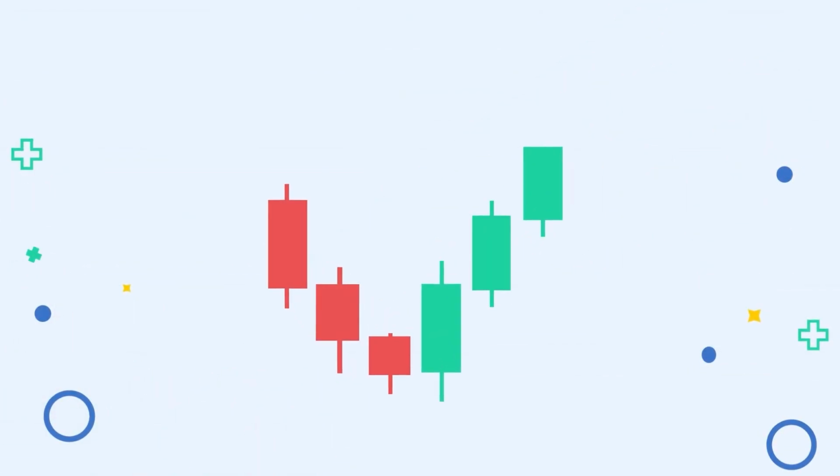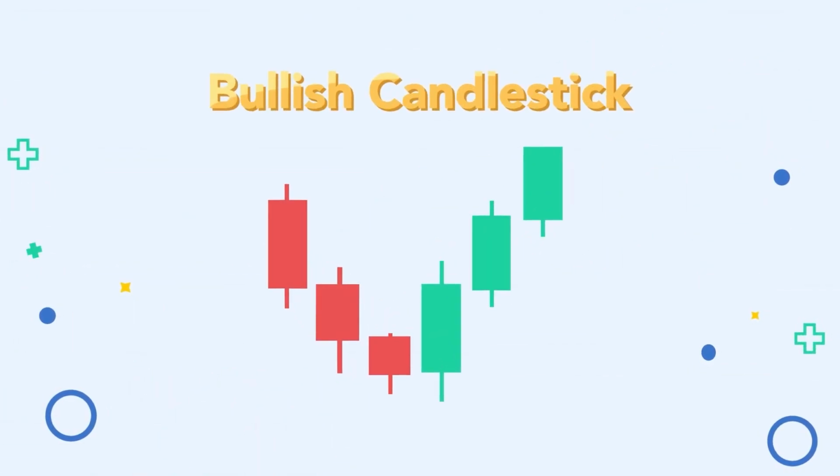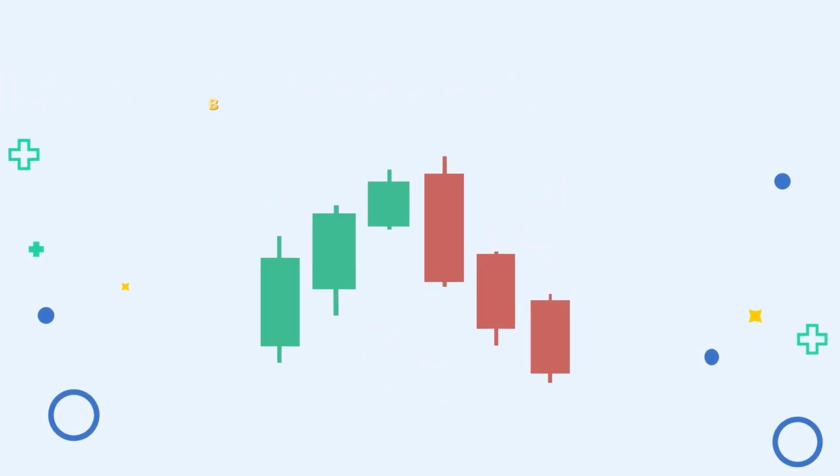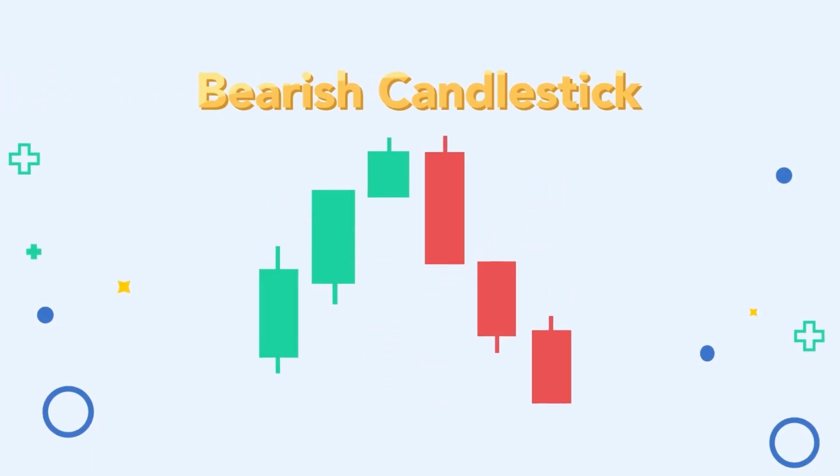Hence, if you see a long bullish candlestick pattern, it is a positive signal that buyers are optimistic and confident about the market, which may present an excellent opportunity to buy. On the other hand, if you see a long bearish candlestick pattern, it's a sign that sellers are in control and that there's some fear and uncertainty in the market. In this case, it might be a good idea to wait before making any big trading decisions.